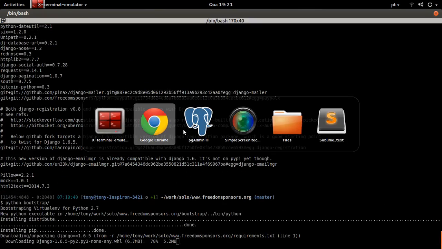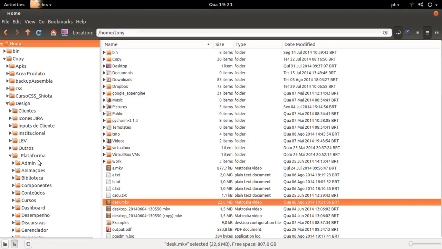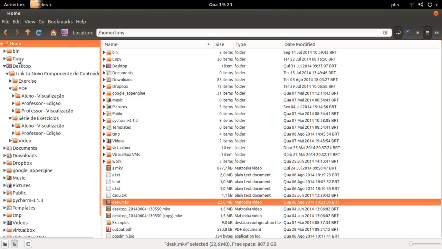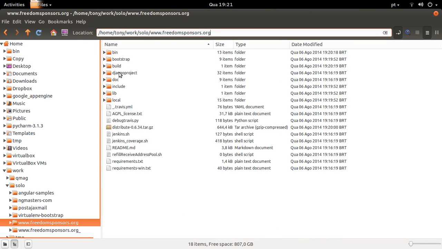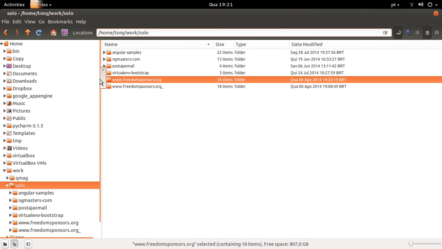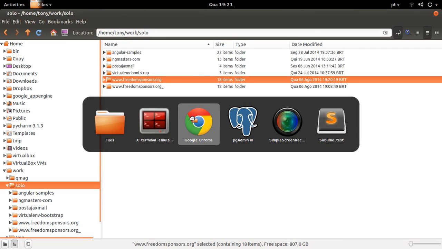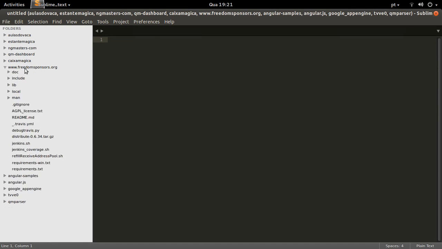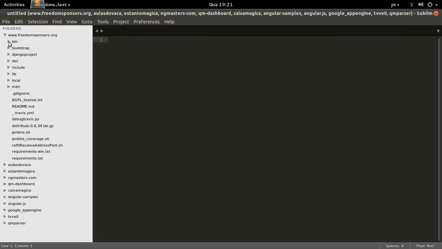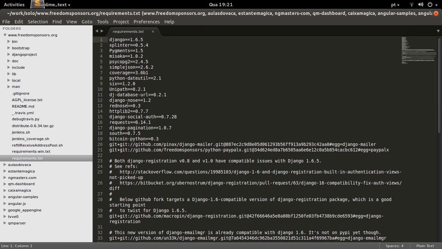Okay, let me open the source code here. Let me actually take a step back and open this one. It's already here. Okay, so this is the requirements. You see that